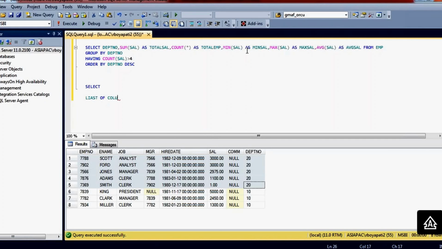The list of columns is your wish. What columns you are going to specify, that is your list. Then immediately, the FROM clause you are going to write. This order you have to follow everywhere whenever you write a select statement: SELECT the list of columns, and FROM clause, then the table name you have to write.